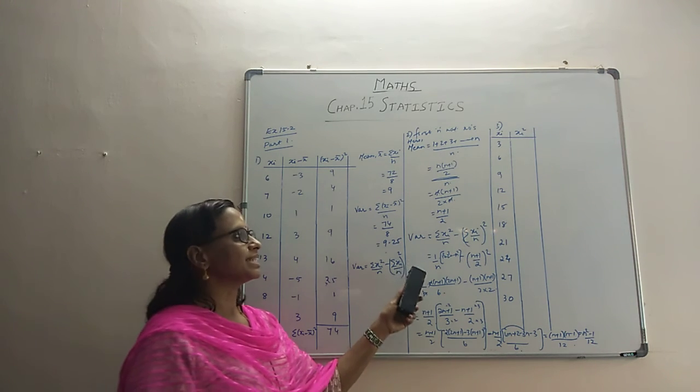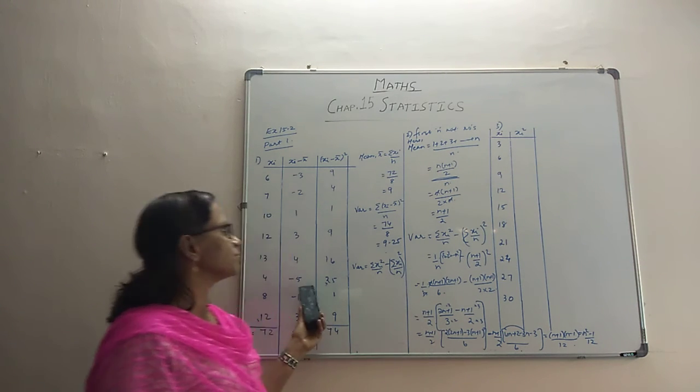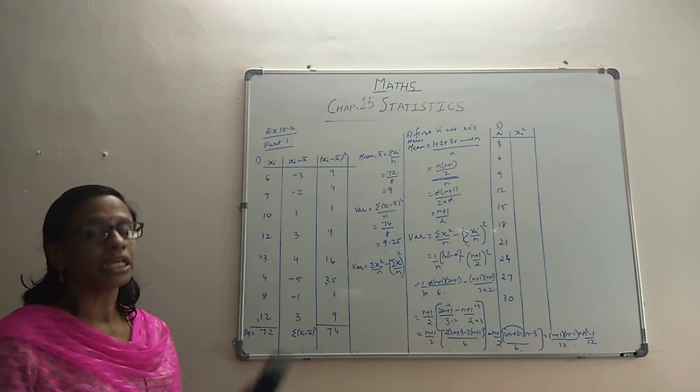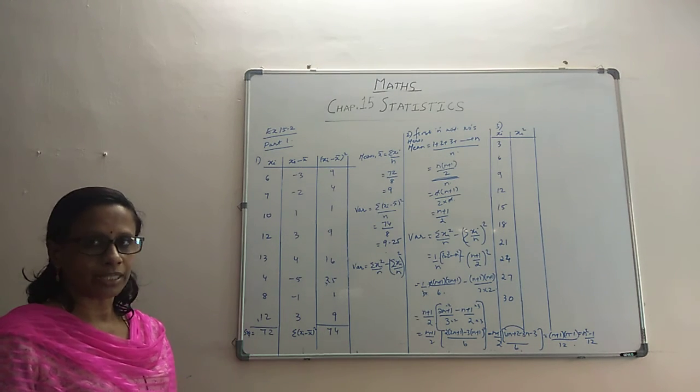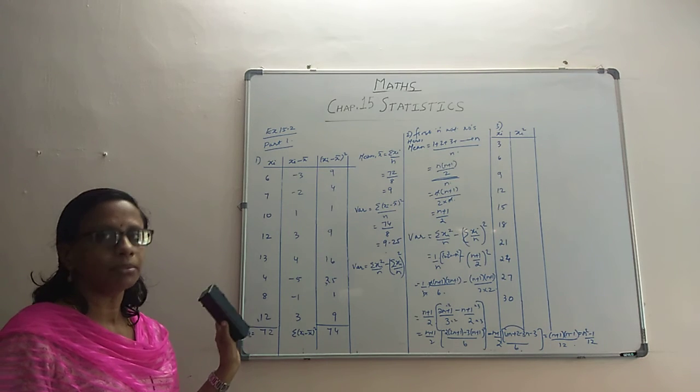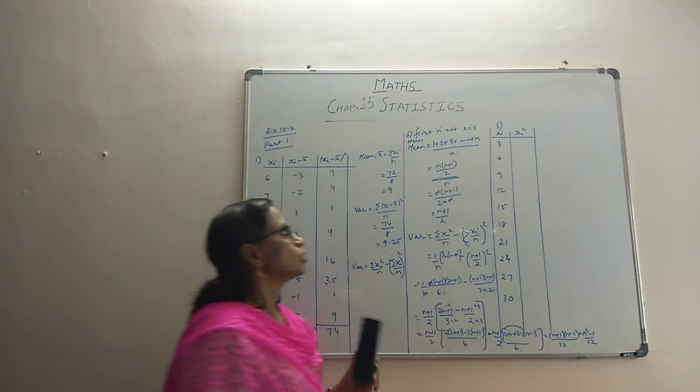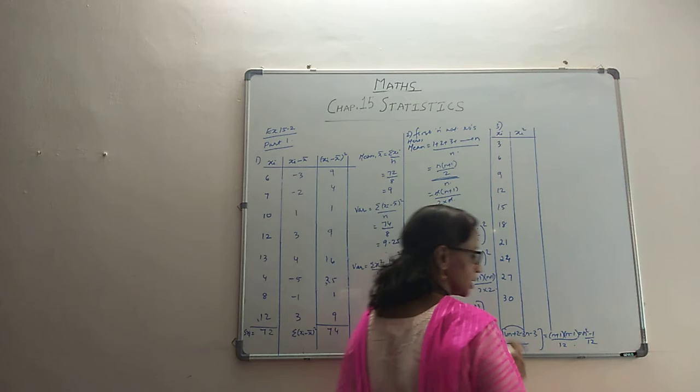Here, because we have learned this easy way out, we are not going to do it by this method. This method means first you should find the mean, then you should make the column, then you should square it, and then you should add it up to get the answer. Here we are only making a square column, and with the help of that we will be doing it. So here it is now 3 squared,